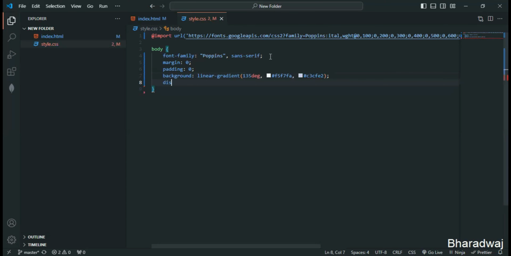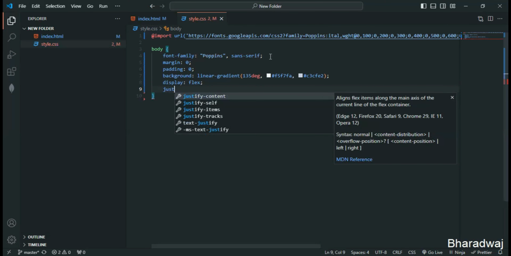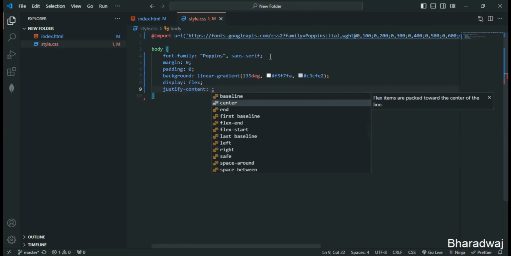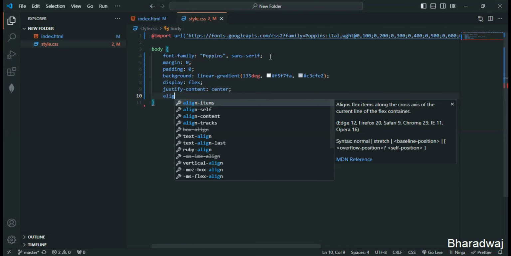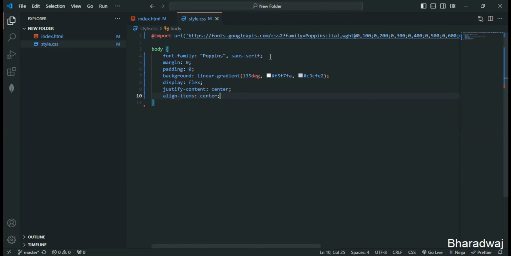So next, let me give display flex, justify content center, align items center,